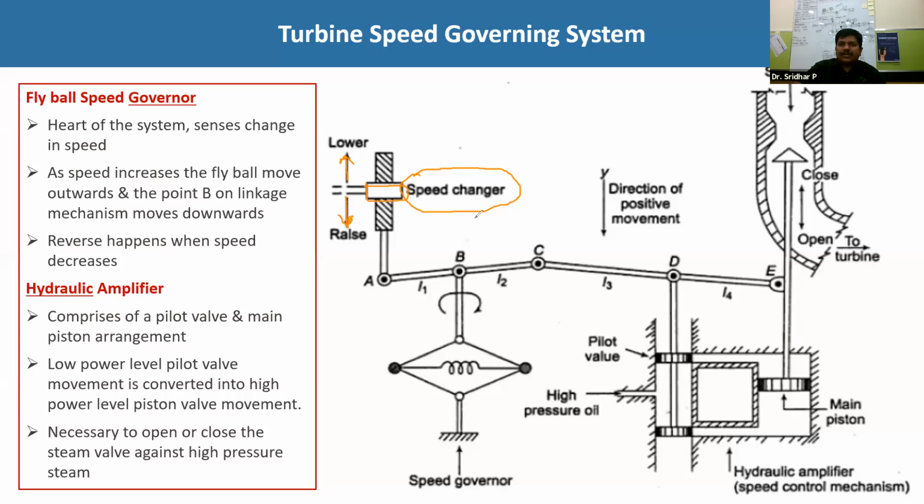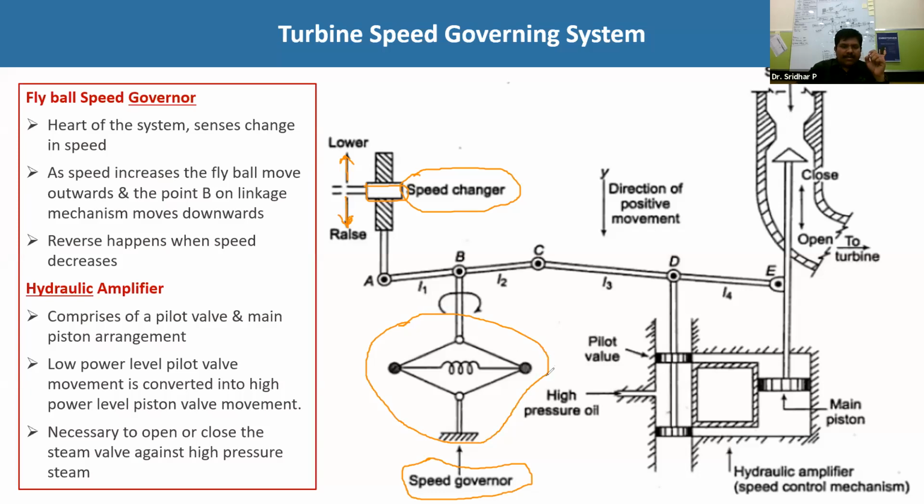Now this is the speed changer. Next is the speed governor. Yesterday we played two videos on this speed governor to understand the principle of operation. If the speed increases, how does it behave; if the speed decreases, how does it behave; we discussed everything with the help of those two live videos. That is the speed governor arrangement. This is the heart of the whole system, the major component in the whole turbine speed control unit, equivalent to the heart of the system. It senses the speed and the frequency.